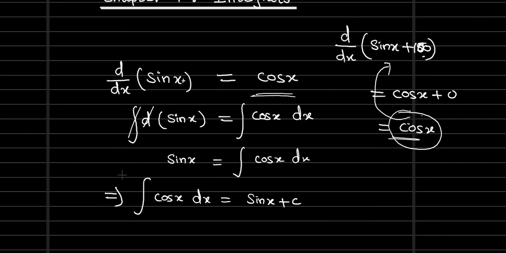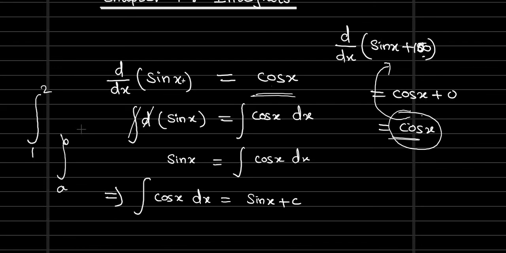Integrals basically have two types: indefinite integrals and definite integrals. This is the indefinite integral. You will not find any values at the top and bottom, the upper and the lower. In case the values are given, like 1 to 2, or integral a to b, or some radians, then we call it a definite integral.